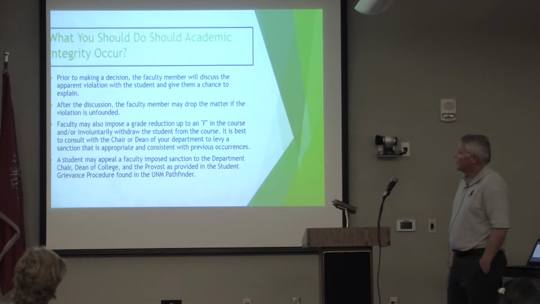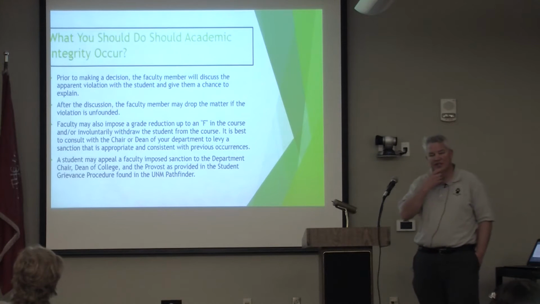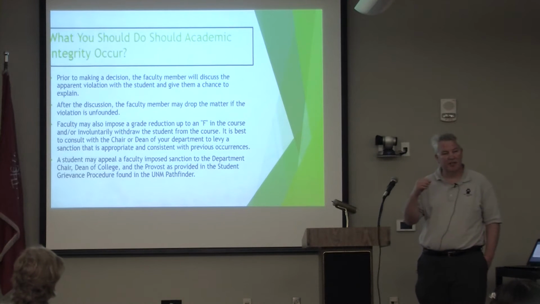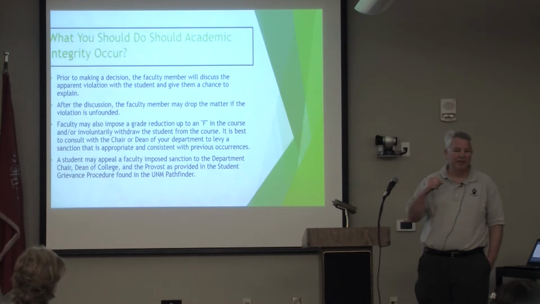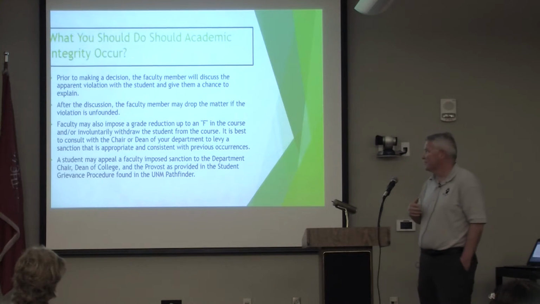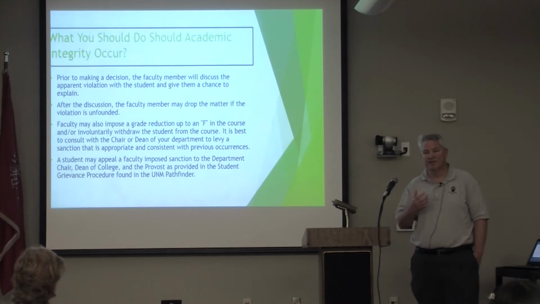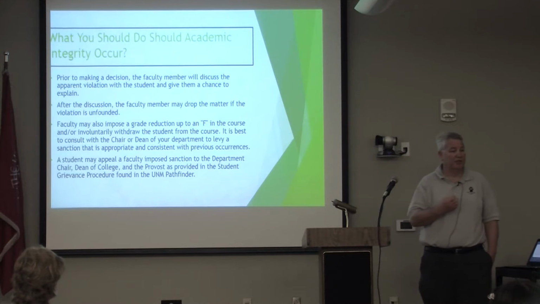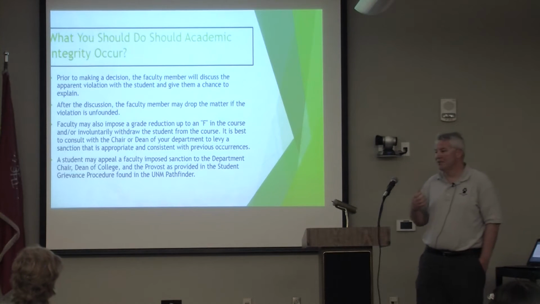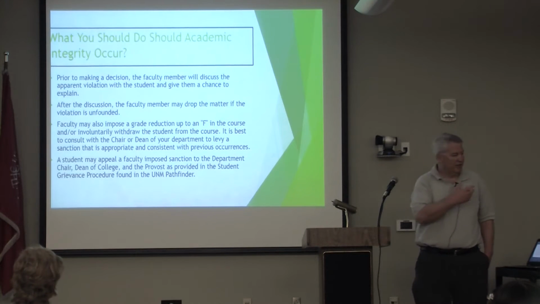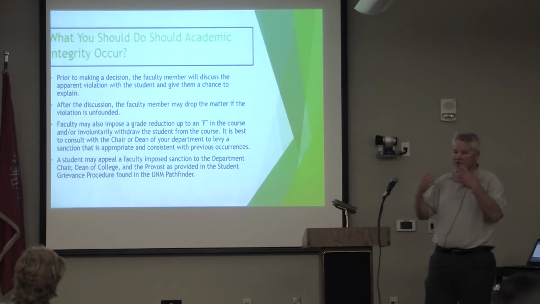What you should do if academic integrity occurs. Prior to making a decision, one thing faculty members will do is call our office and say, I want this student out of my class. And my first question back is, well, have you talked to the student about the situation? Because you want to give them an opportunity to explain themselves, even if it seems so egregious, like Dr. Gann was saying earlier, when they just totally lift something